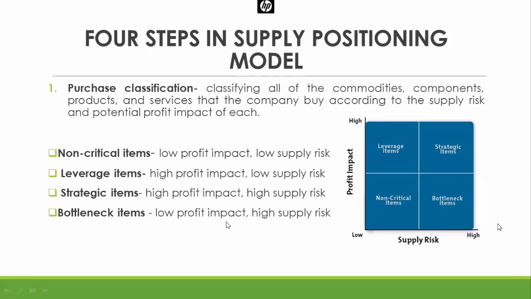It has a low profit impact and high supply risk. Can be only acquired from one supplier or few suppliers, or pwede rin naman na ang delivery is unstable. This may be due to suppliers located in areas na medyo malayo sa company, or it is technically difficult to manufacture the product, or tinatawag nilang special item na mahirap siyang gawin. Also, yung bottleneck items has a low profit impact on the financial results of the firm.